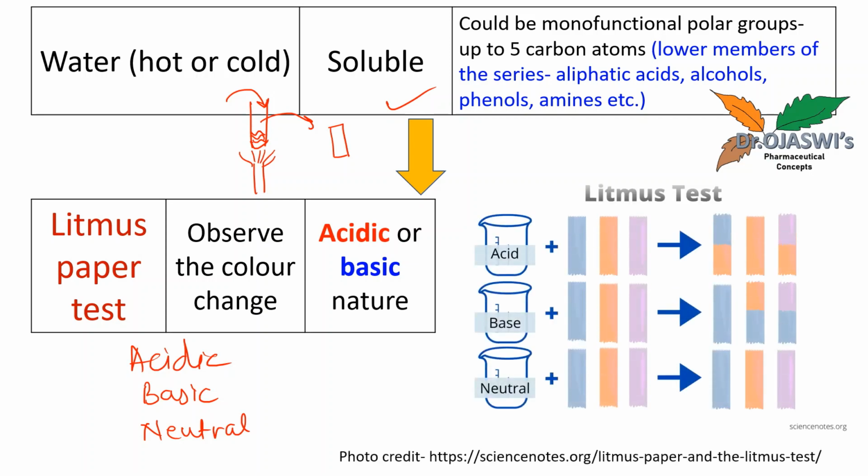Now, the acidic compound turns the blue litmus to red and neutral litmus also to red. The red litmus will not change its color. Similarly, the basic solution will not change the color of blue litmus. Red litmus will turn blue and even neutral litmus will turn blue. And neutral solution will not change color of any of these.